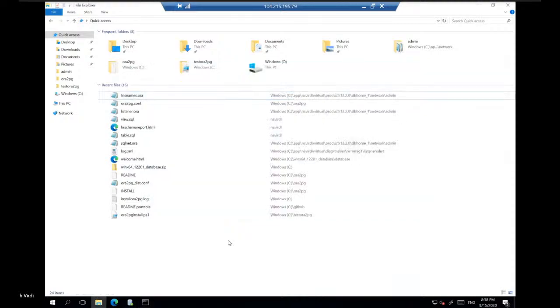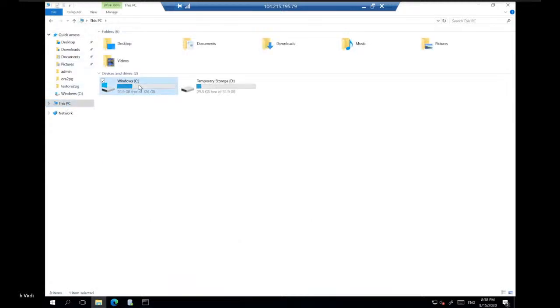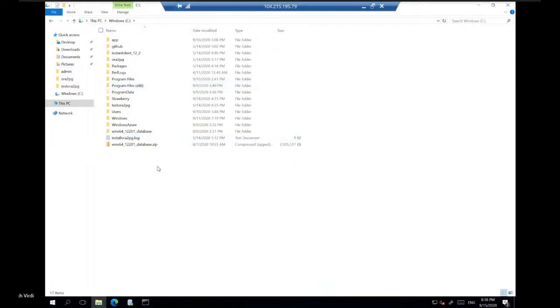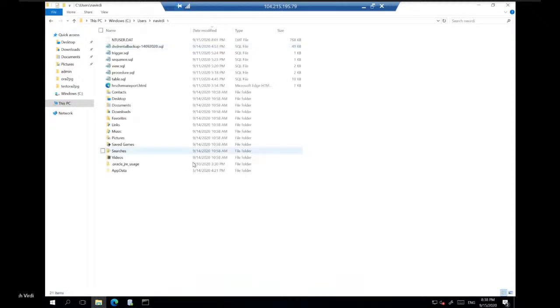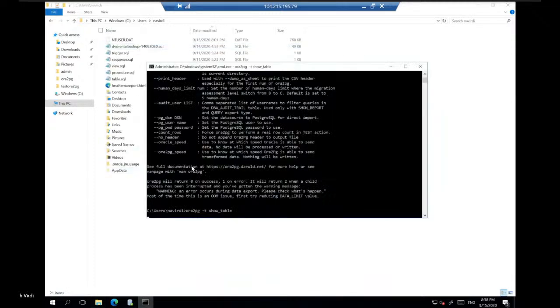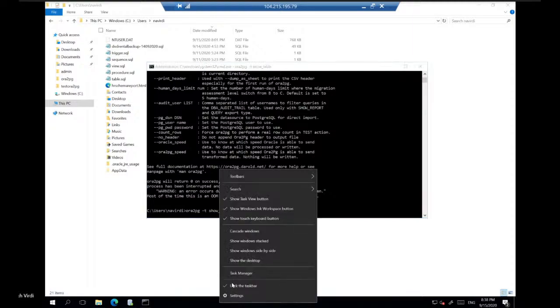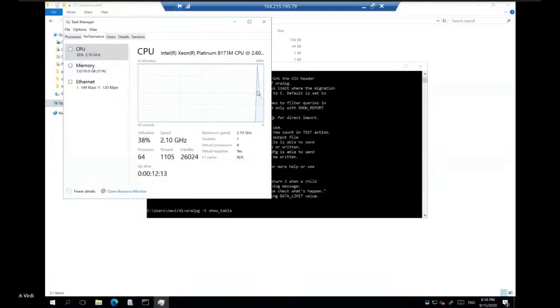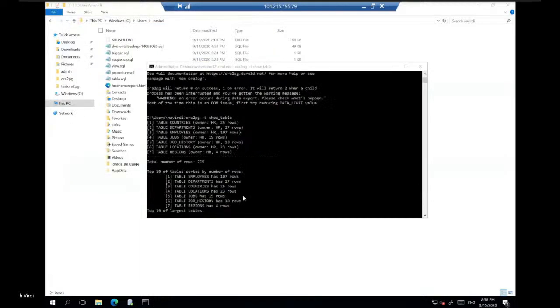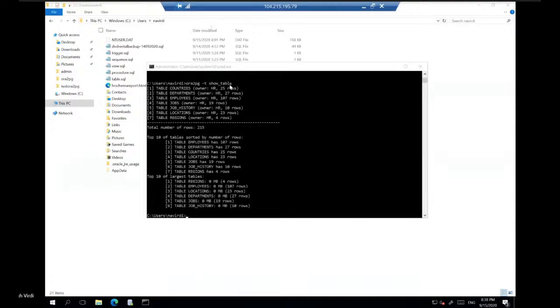Now, once that is done, the next step is where you actually start migrating or doing the assessment of your schema. Rather than running the actual thing, I will show you the existing reports that I have. The reason being, my VM is not a very beefy VM, so you will see it is already spiking on the CPU. It will be pretty slow, so I don't want to waste everybody's time.